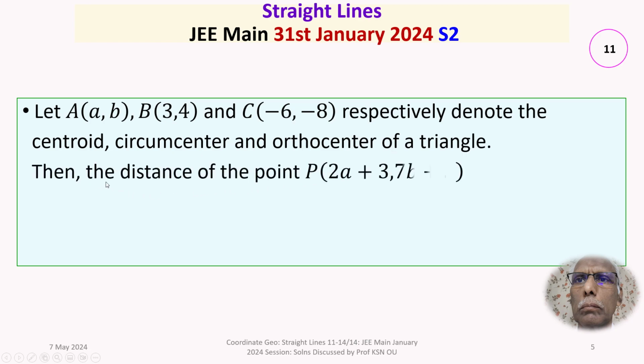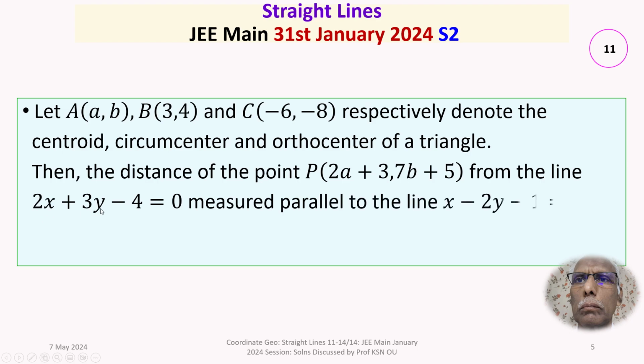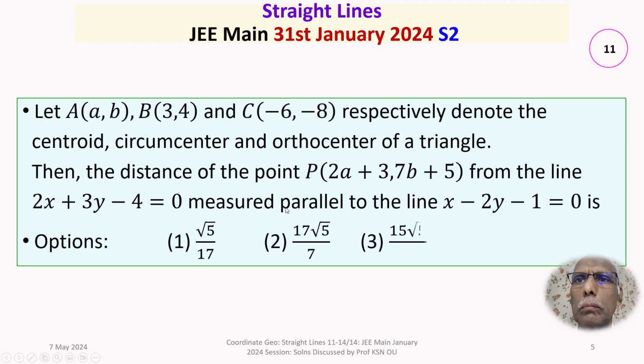Then the distance of the point P with coordinates (2a + 3, 7b + 5) from the line 2x + 3y - 4 = 0 measured parallel to the line x - 2y - 1 = 0